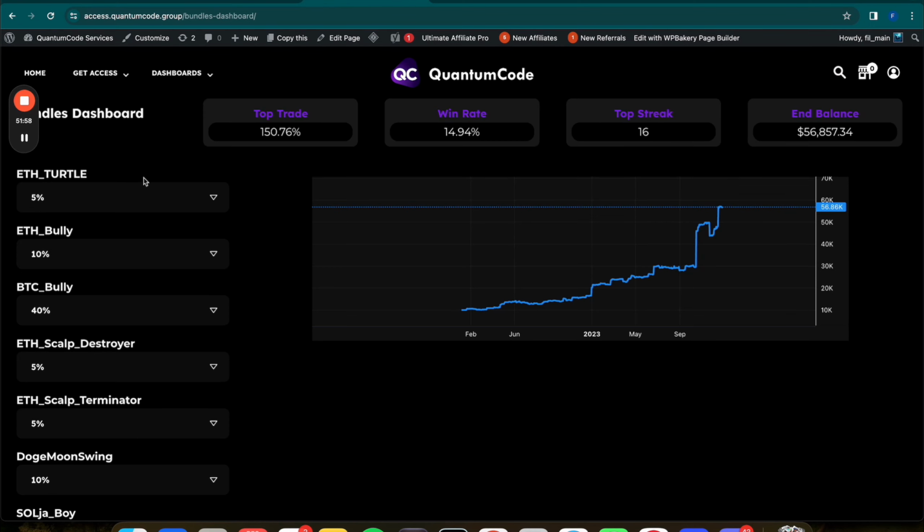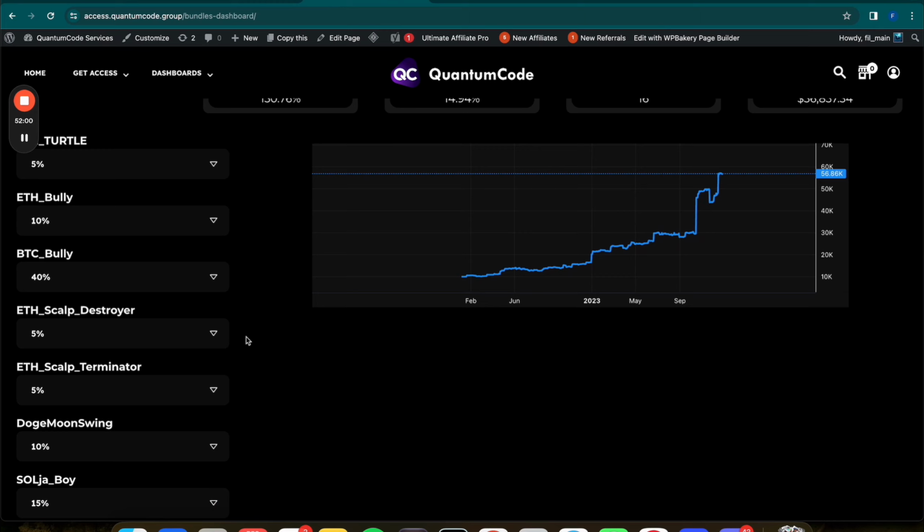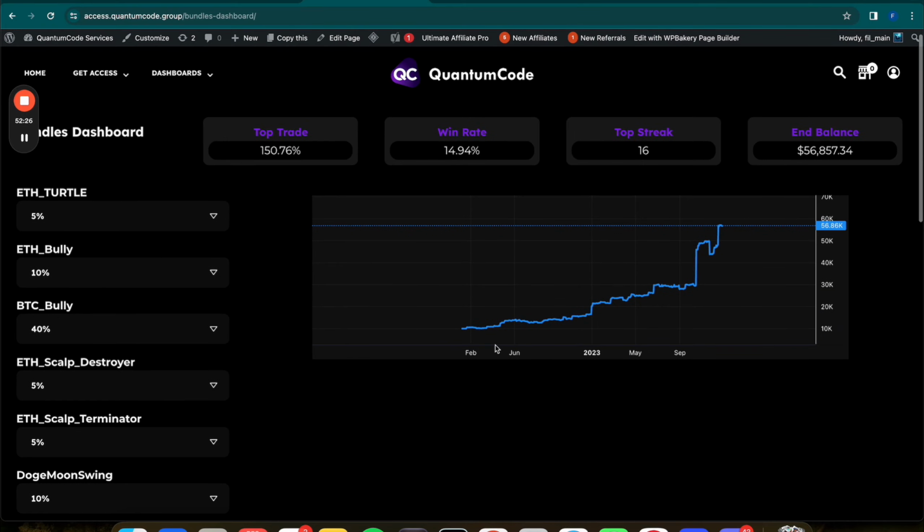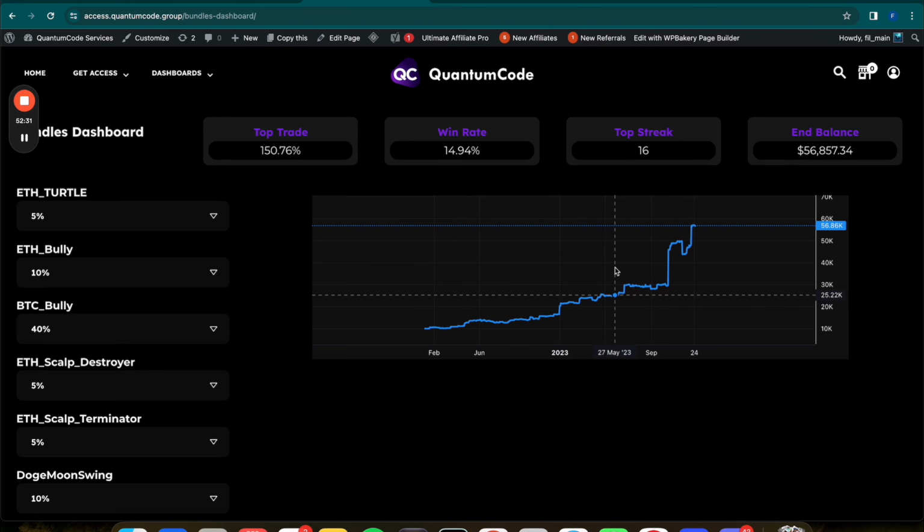And they're all bundled together specifically to fill each other's gaps. And they're trading at the same time. And that is why you see the performance being so steady. Because we know exactly what the times are when a strategy does not work, and we fill it with a strategy that does work at exactly that time. And the result is very consistent results. So this bundle dashboard is for seeing how your overall bundle is doing.